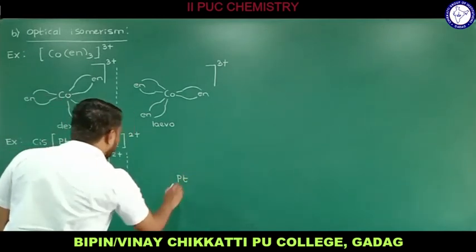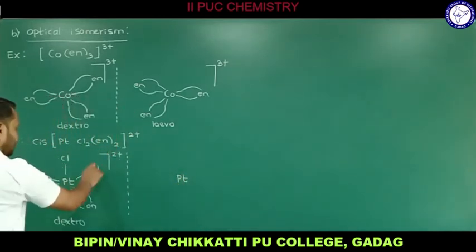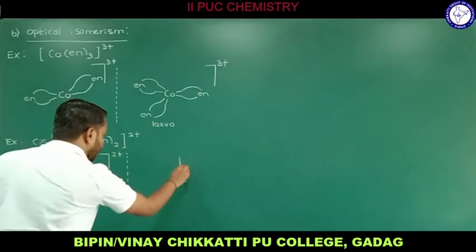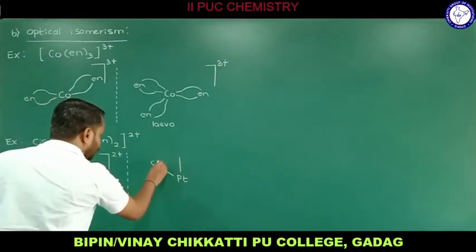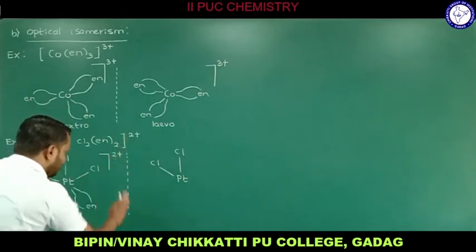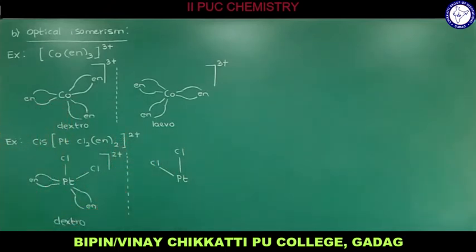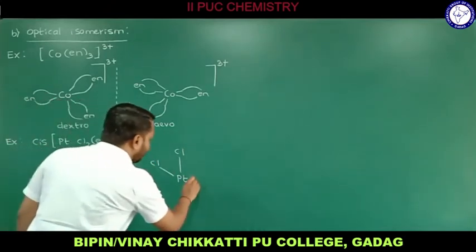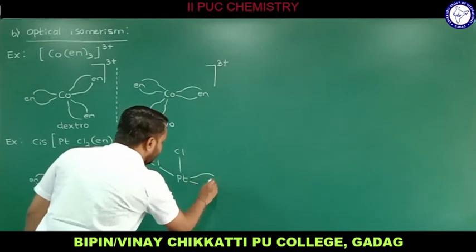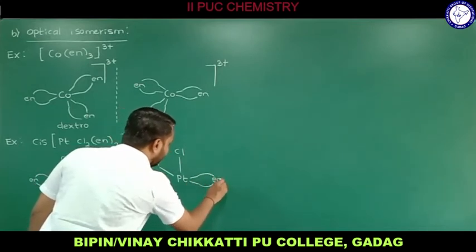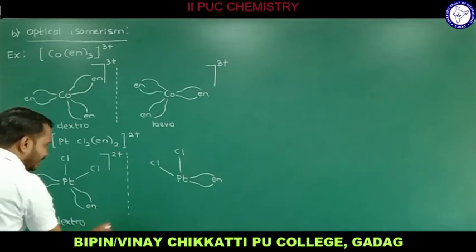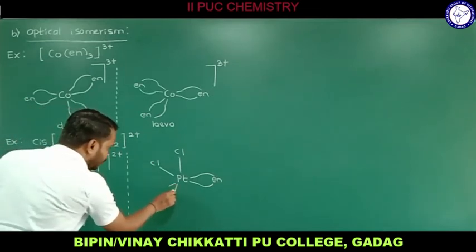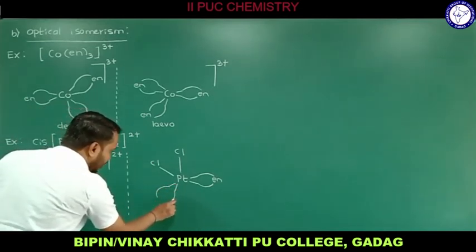So platinum we have in the center, and we have a Cl here, mirror image you need to imagine. So this will be the 2Cl we are going to get if it is a mirror, and exactly the same. And we have En over here. So let me draw En over here. That will be ethane 1,2-diamine, a bidentate ligand, and we have one more bidentate ligand here. So here I am supposed to draw ethane 1,2-diamine in this fashion.